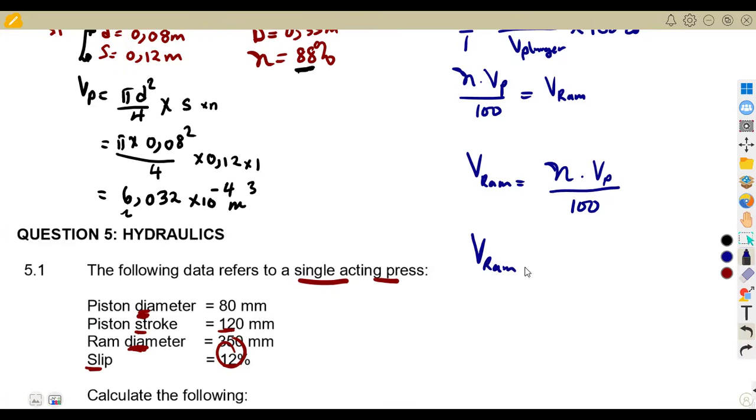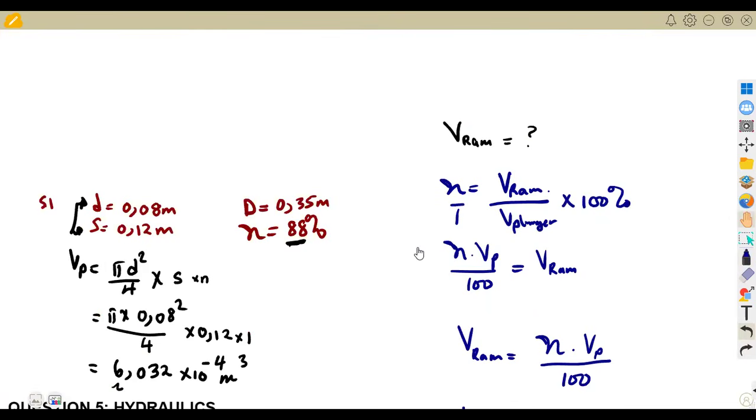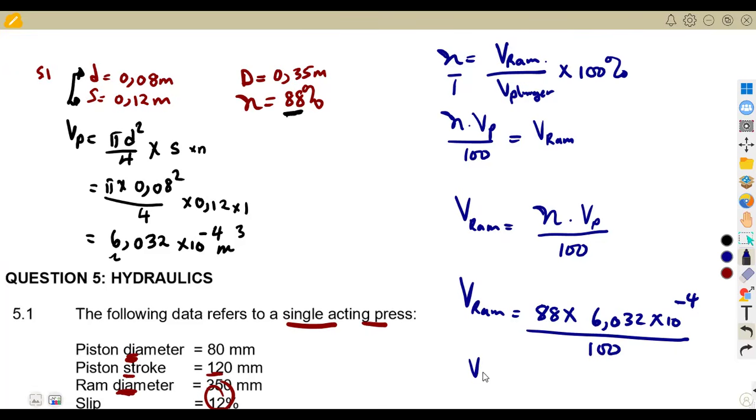So our VRAM is going to be the efficiency. Remember, our efficiency there was what? Our efficiency was 88%, so that will be 0.88. Just because we've got the 100 here, we're just going to write it as it is. So it's going to be 88 times VP, which we got as 6.032 times 10 to the exponent of -4, everything over 100. So that's our VRAM in this case, which is our actual volume,